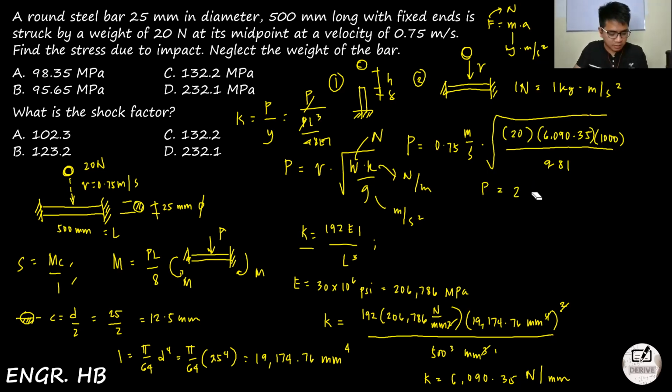2,642.8 newtons. Okay, so we are going to solve the M, which is PL over 8. So that will become 2,692.8 newtons times length, which is 500 mm, divided by 8. So that will become M is equal to